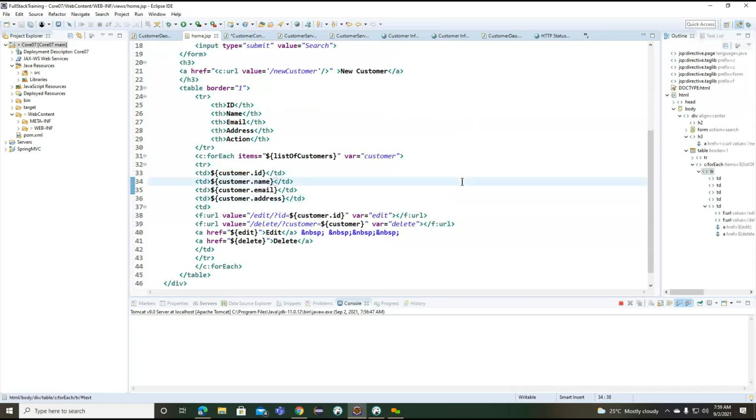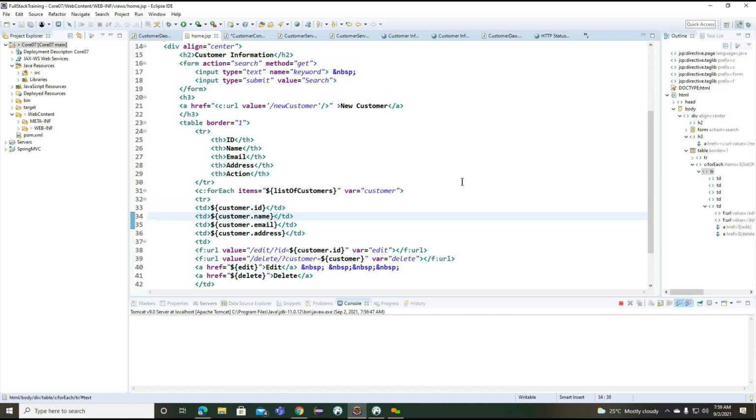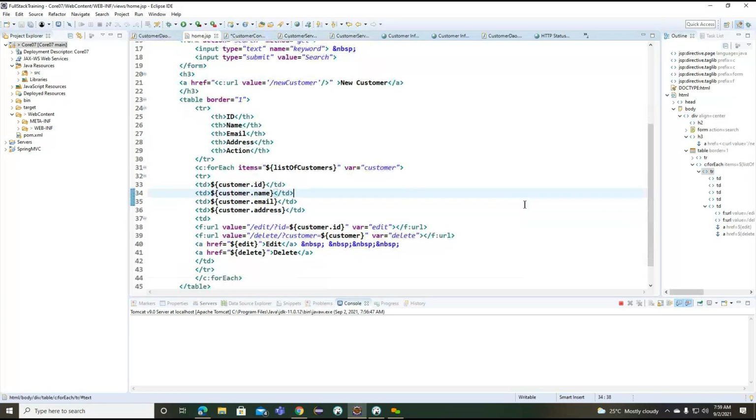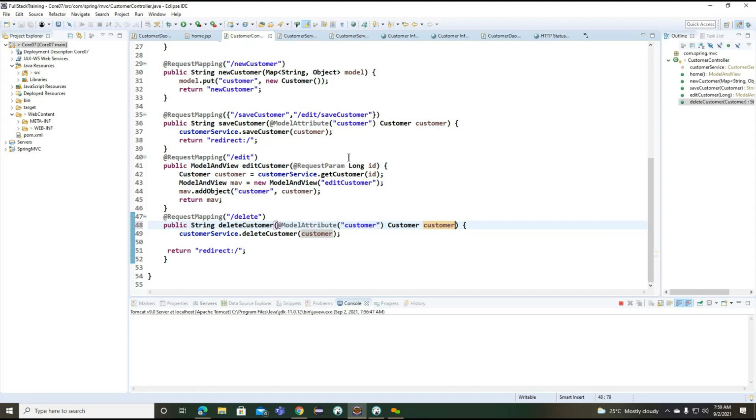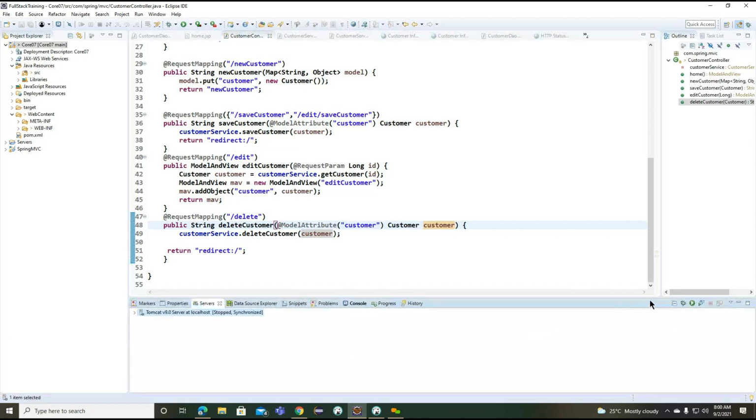Go to the home.jsp, list of customers, customer. Model attribute is not available, so we need to work on the request body. Let's see.